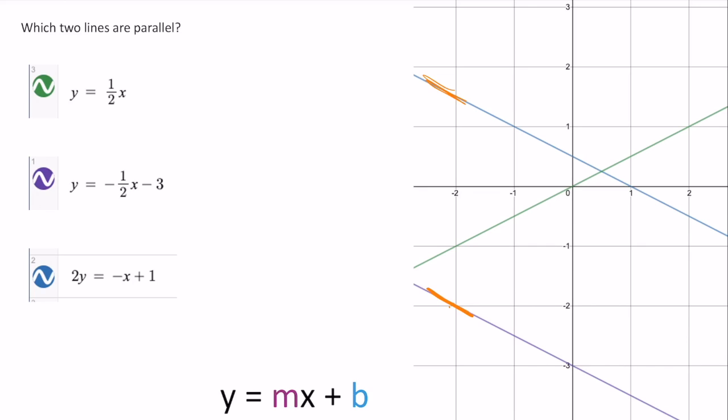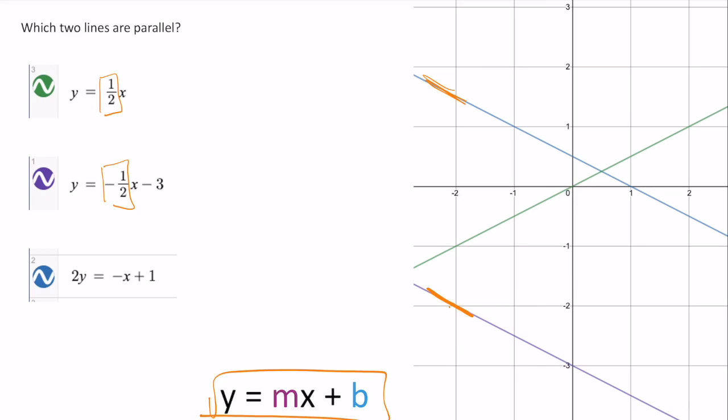But let's see why. So remember, all we need to look at is slope. If the slope is the same, they're parallel. If they're parallel, the slope is the same. That's all we care about, right? So the slope of the green line is 1/2. The slope of the purple line is -1/2. So they're not parallel because even though they're both 1/2, one is positive, one is negative, and 1/2 does not equal -1/2, okay? So now you look at the next one, and that doesn't look parallel either, except, remember it